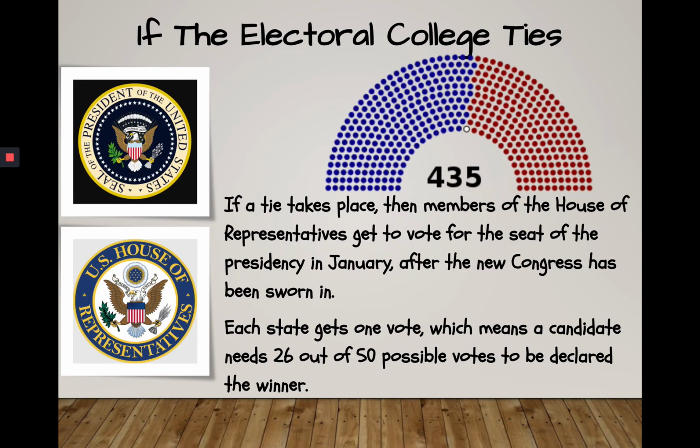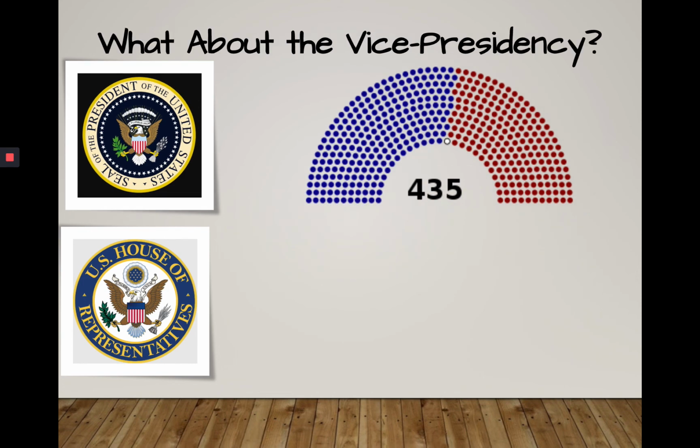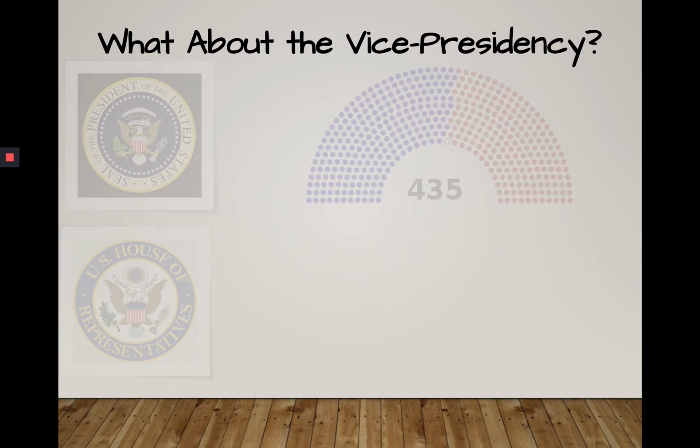All right, so if there's a tie, it actually goes to the House of Representatives, which has 435 members. And then each state, in our case in Washington, we've got 10 House members, has to decide who they're going to vote for. Each state basically votes through the House of Representatives. So you need 26 out of 50 because we have 50 states. So 26 states have to vote for one presidential candidate to determine the president of the United States if it's an actual tie. As far as the vice presidency goes,